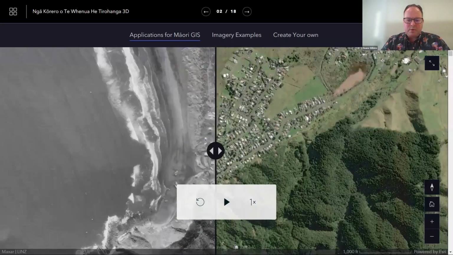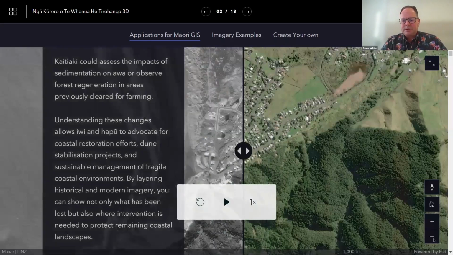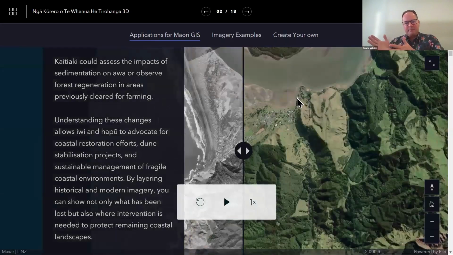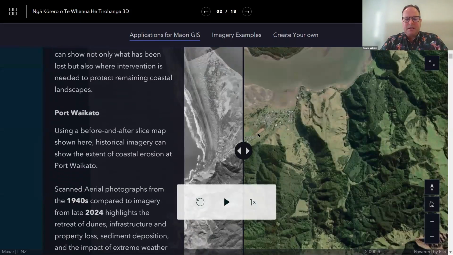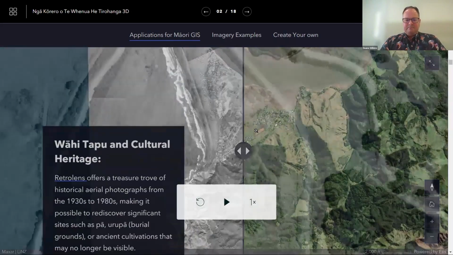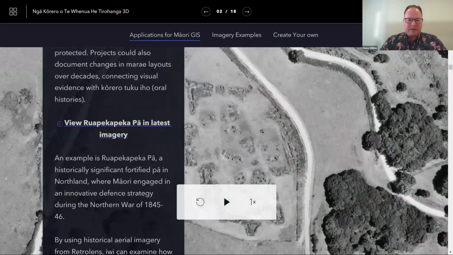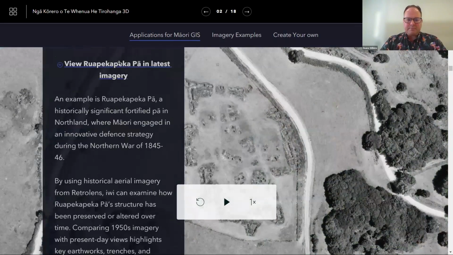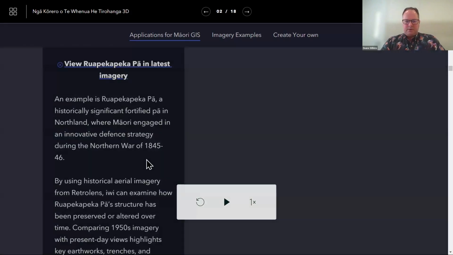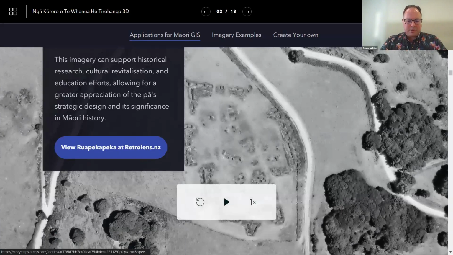So here, for example, is Port Waikato. You can also zoom out. So these are coming, what I've done is I've taken directly from the LINZ data service, from the Basemaps site, and I've integrated them into the StoryMaps software that I'm using. And in our resources there's also how to create story maps and things. But this is a little picker. If you click something here, the map will change. It's just a bit of a resource on all the different ways that you can use this type of imagery.